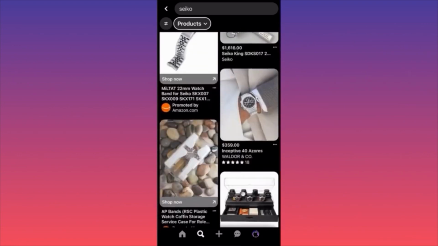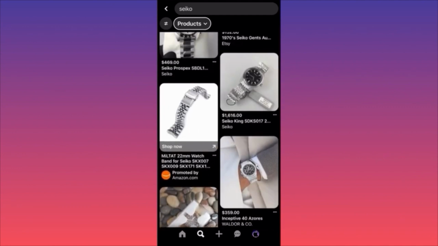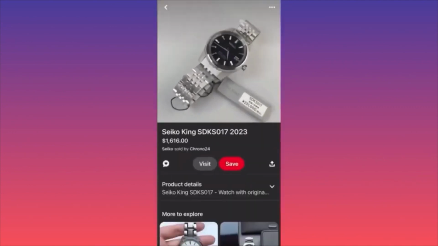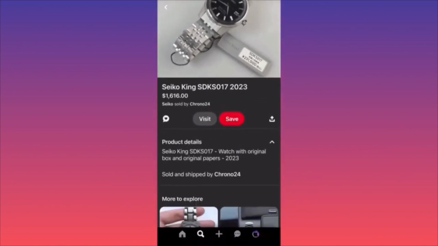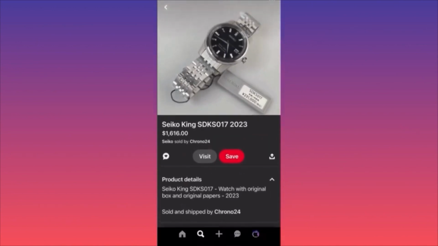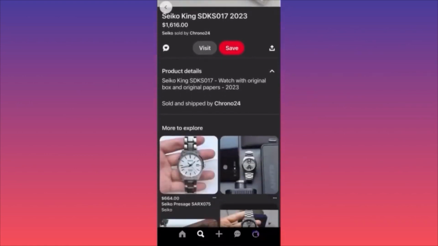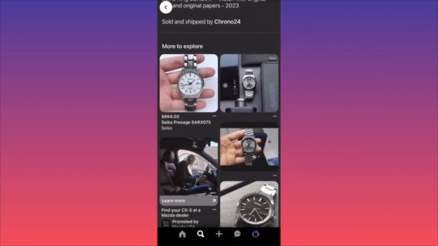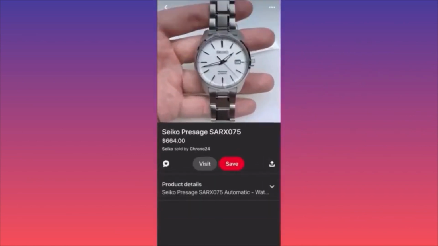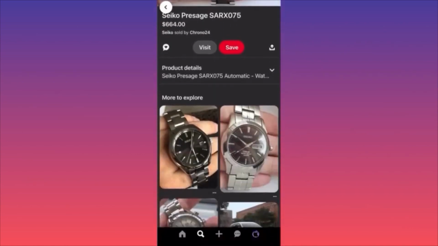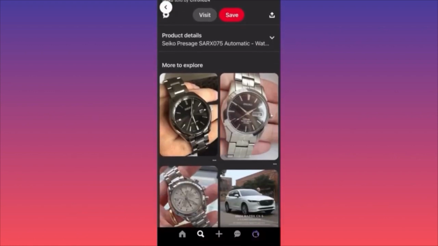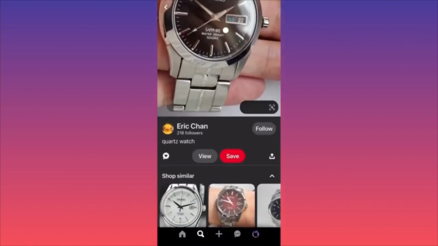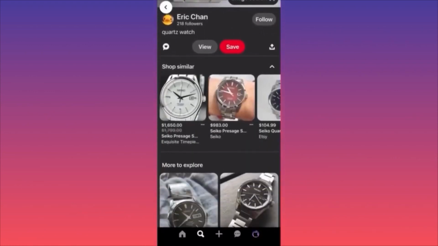So this, for example, over here, if you see, it comes with the actual tag. Let's see where they're actually selling it. When you click on additional details, again, this is Chrono24. On the previous examples I showed you, a lot of the products were actually listed on eBay. This is very interesting. And I presume, seeing that all these people are listing their items on the same website,